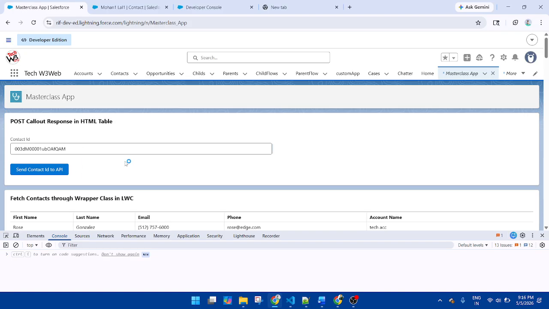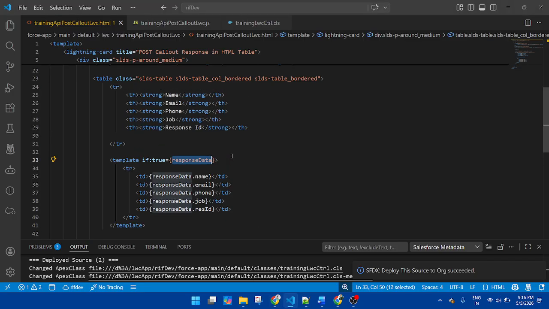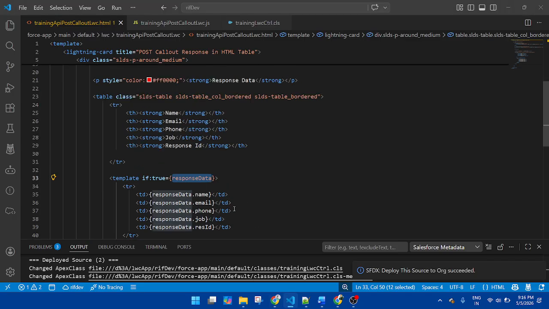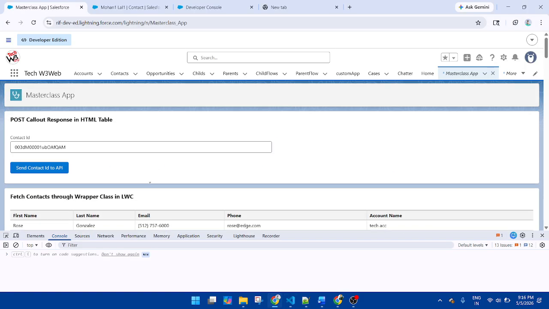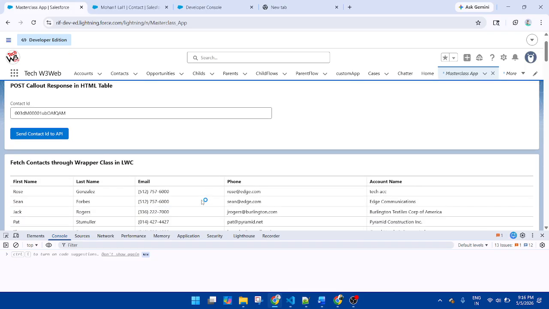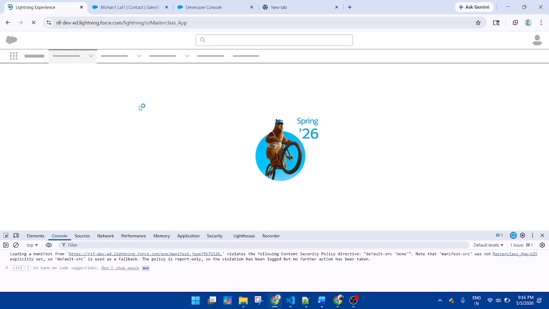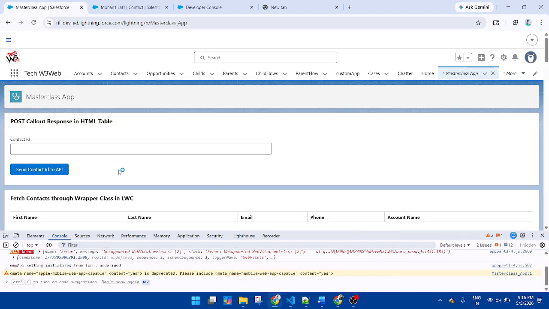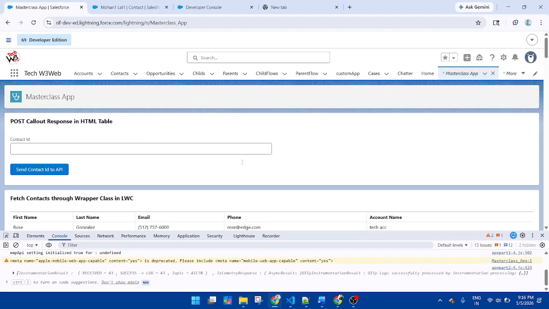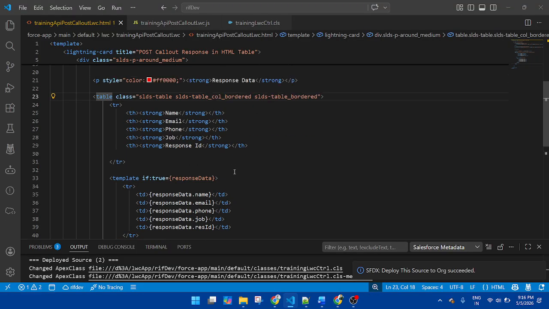So why is my heading not displaying? This is my response data, so why is it not displaying? Actually my component is not reflecting my updated HTML, because in the component I am using a title and table, so it should display.